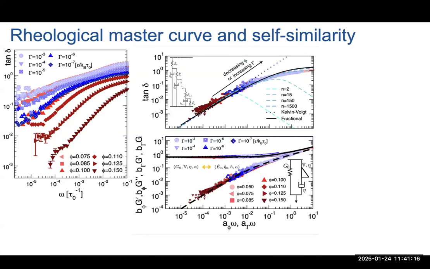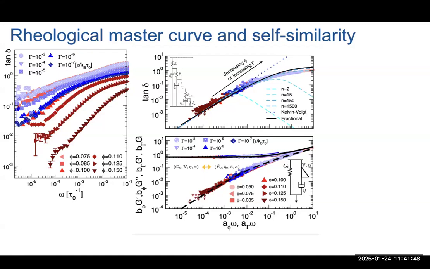different from each other, because in fact, I can scale the x-axis, the frequencies, in a different way, with different factors for the different gels, and in fact construct a master curve, which is what you see in the top plot. And this master curve starts to be very interesting. First of all, because I can think, okay, there is some unique type of constitutive behavior that these gels are following, and